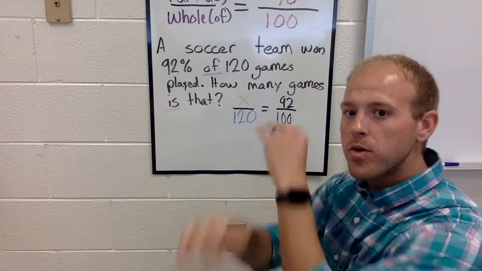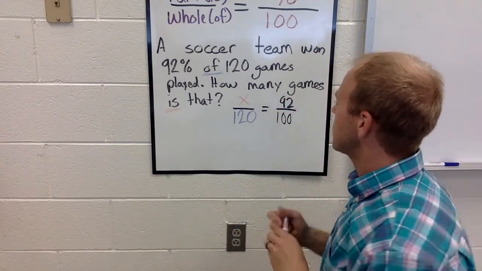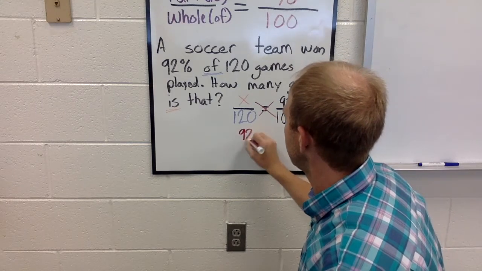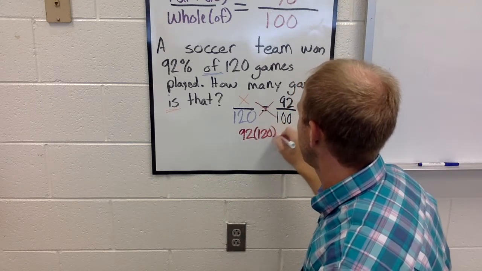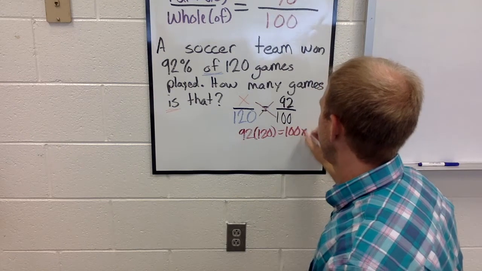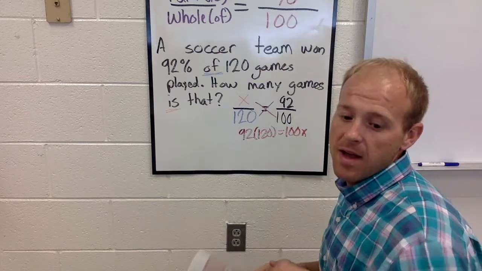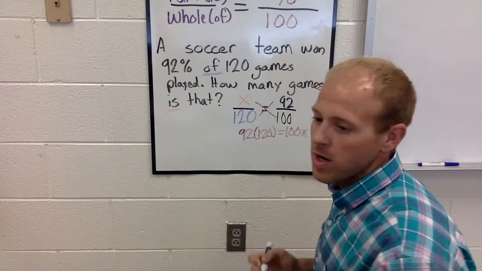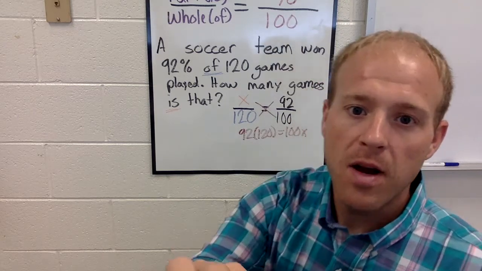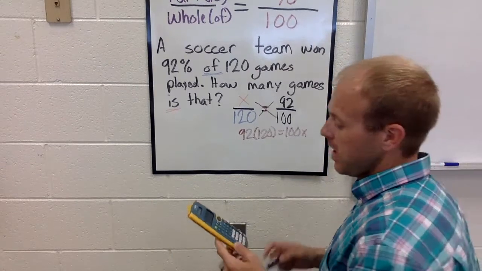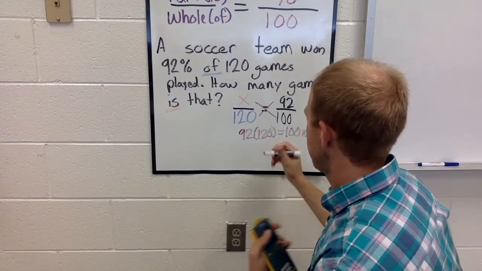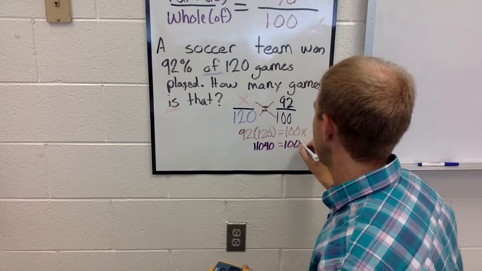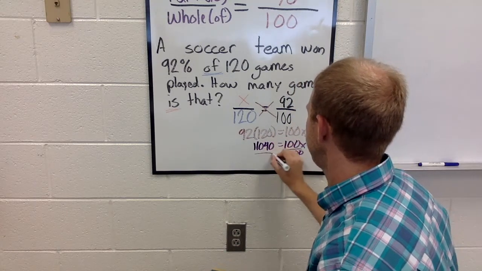Remember, to solve a proportion, we have to cross multiply. Do like this. So we'll have 92 times 120 equals 100x. So now we're going to solve that. That'd be 92 times 120 equals 100x, and that's 11,040 equals 100x. Divide by 100,